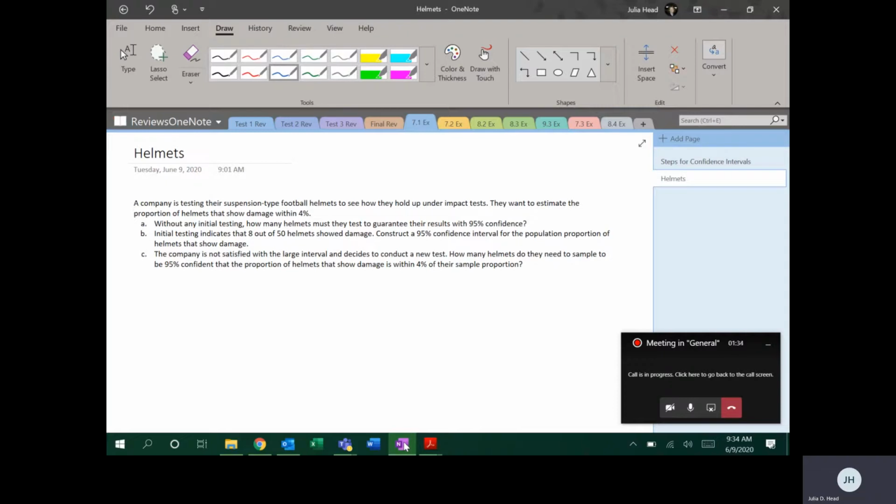In this particular case, parts A, B, and C all use the word confidence or confident. So it is a Chapter 7 question, a confidence interval question. As you read part A, one of the things that's interesting about it is it's not asking you to circle a confidence interval as your final answer, as most questions in Chapter 7 do. Instead, it says, how many helmets? And when you see a Chapter 7 question that asks for generically how many items, that is usually using the formula